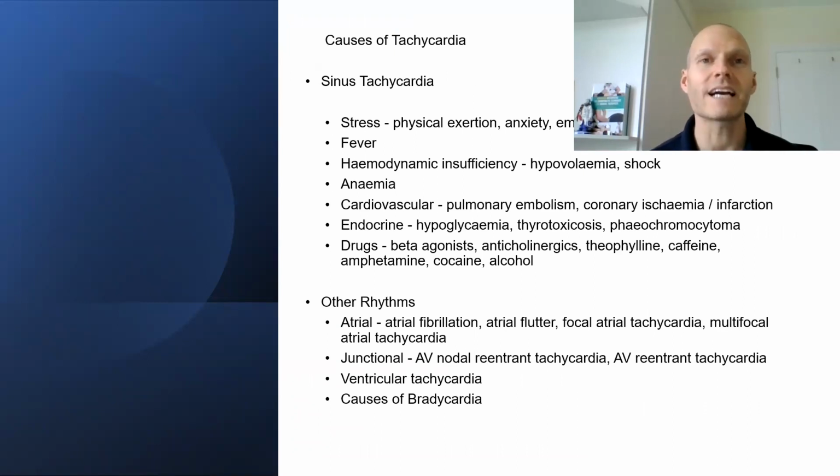Now, there are different types of issues with the pulse. We can have tachycardia, or an increased pulse rate. Now, there could be a multitude of reasons as to why someone may have tachycardia. There's a few here: stress, anxiety, fever. It could be down to shock, anemia. There could be some significant cardiovascular problems, so pulmonary embolism, infarction, endocrine issues, and the patient might have an increased